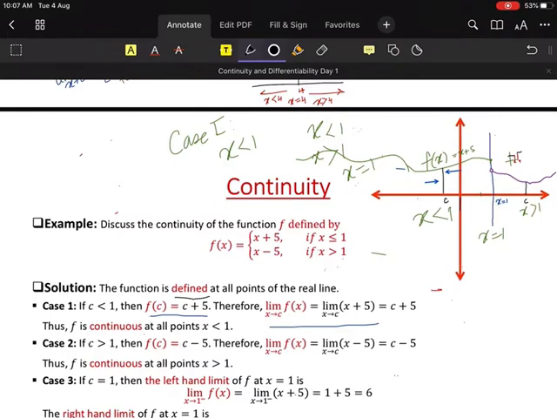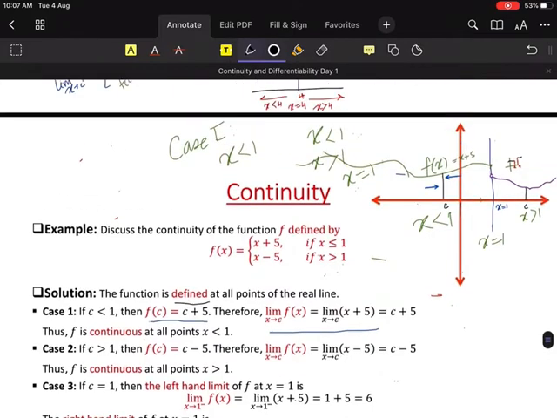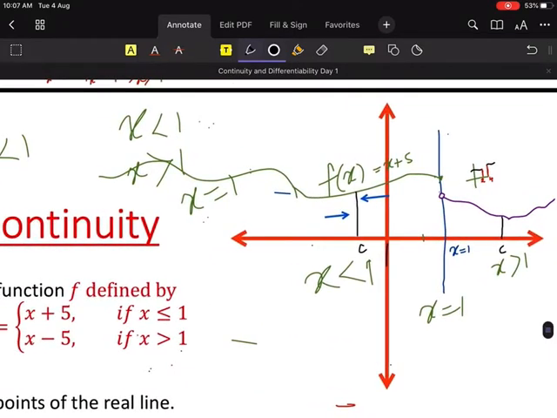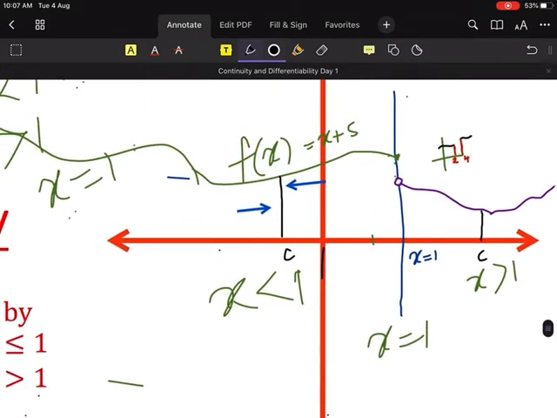But we have to solve problems like this only. We cannot write directly that because there is a general point, the function is continuous. We cannot write like that. We have to solve like this. Now what is left? Can anybody tell me what is left now? Look at the graph. At which point haven't we discussed whether the function is continuous or not?